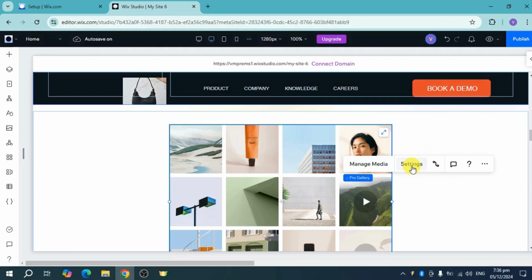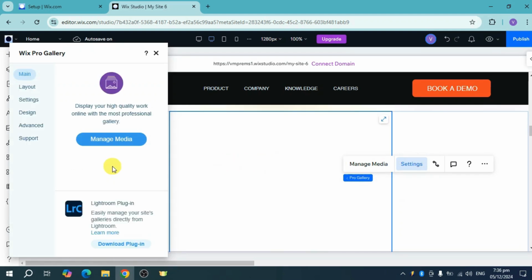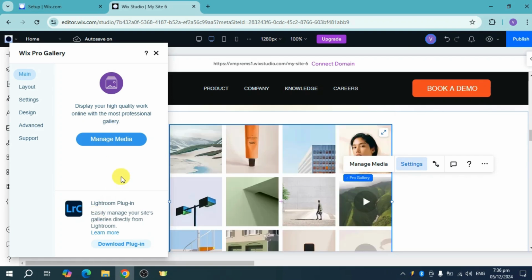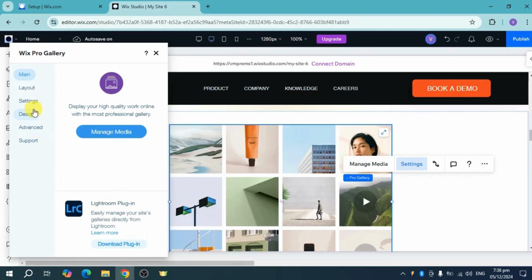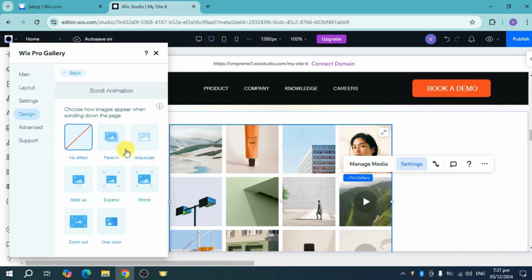Now, alternatively, you can click onto the settings option right here as well in order to change up the layout as well as the settings for this Wix Pro Gallery. You can manage your media. You can actually add the Lightroom plugin. You can put in here right here design, and you can change up the colors of the buttons, item styles, and you can also go right here to the scroll animation in order to make this much more